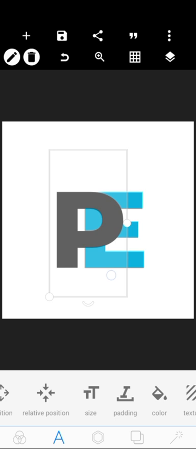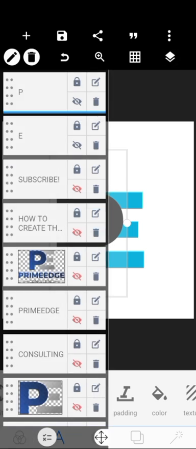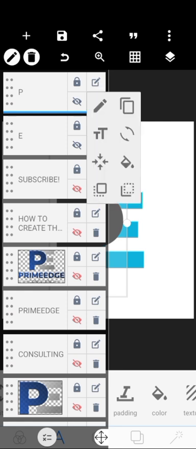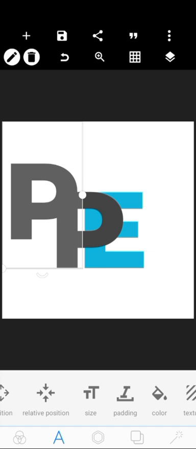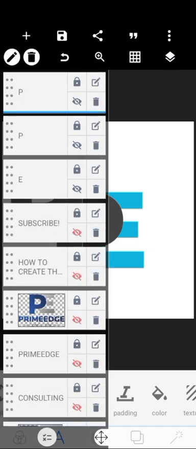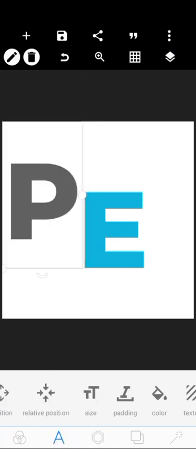Yes, that is it. Now what I'm going to do is this. I'm going to duplicate this P. Click on this right icon, and then you click on duplicate, and then I'm going to put off this other one, this former P. Now what do I want to do with this? I want to use this to create